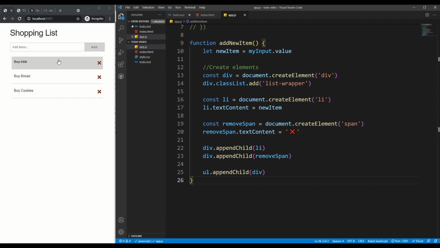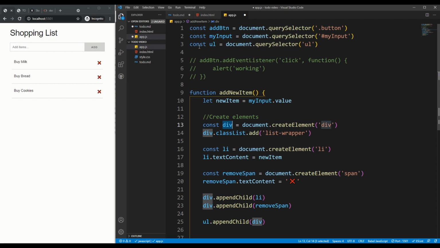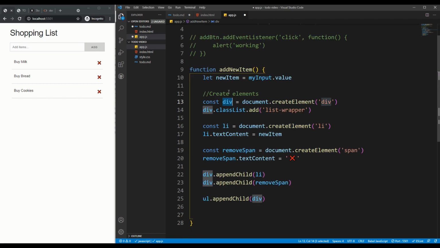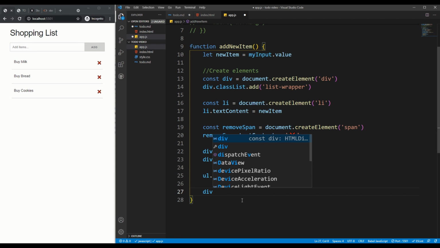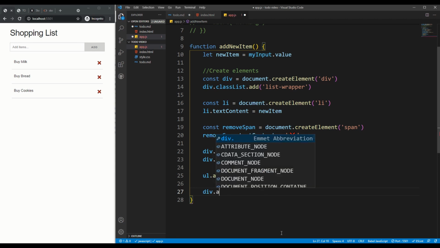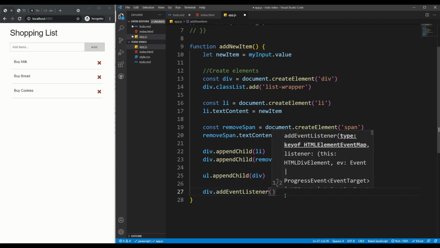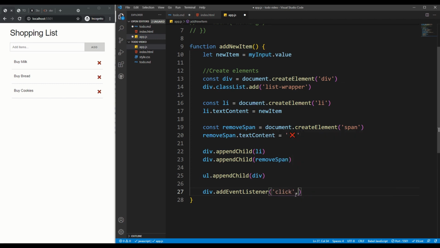Let's add the class, so that when I click on here, it's going to add the class. For this, I'm going to remain in this function because the div that I'm creating right now only exists in this function. Outside of this function, nobody knows about this div, okay? Because this div is being created after I'm actually clicking on the add button. So here I'm going to add an add event listener to this div, and it's going to listen to click, and it's going to fire a function